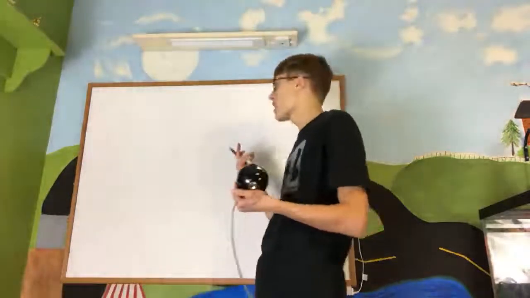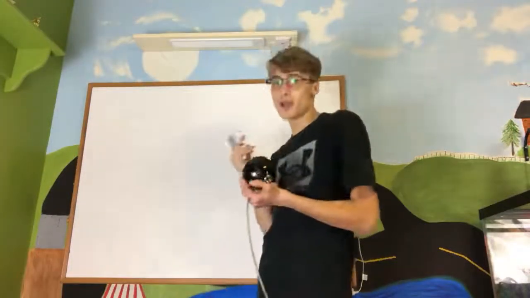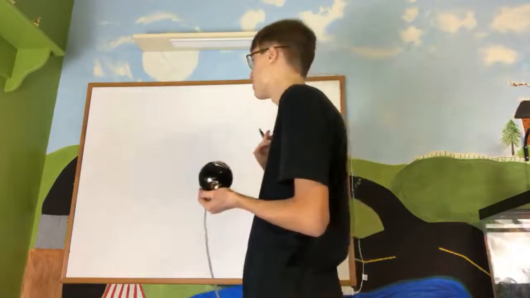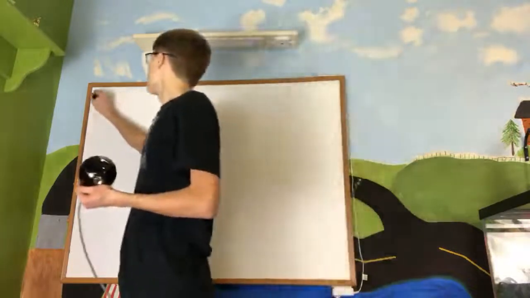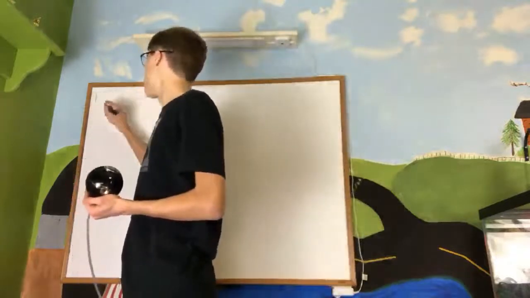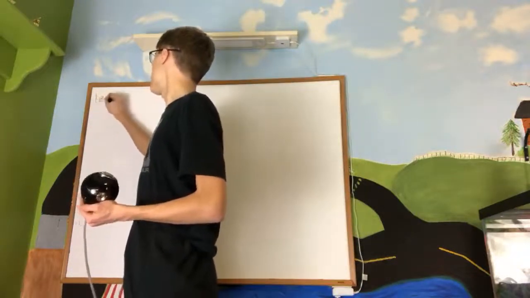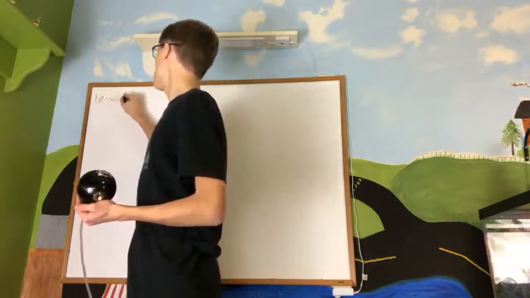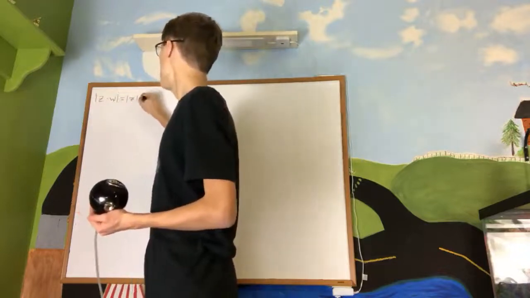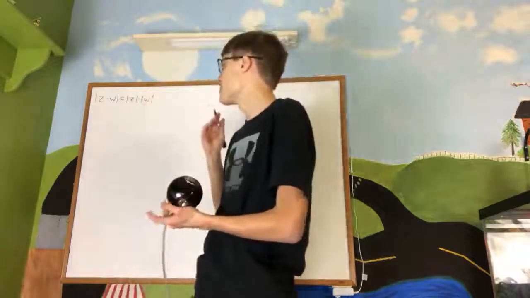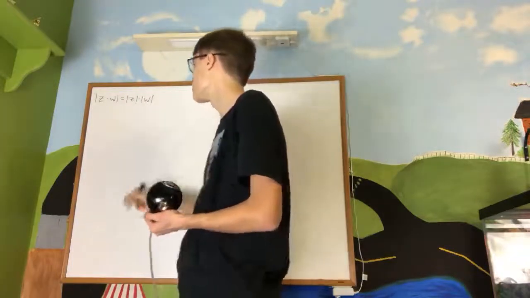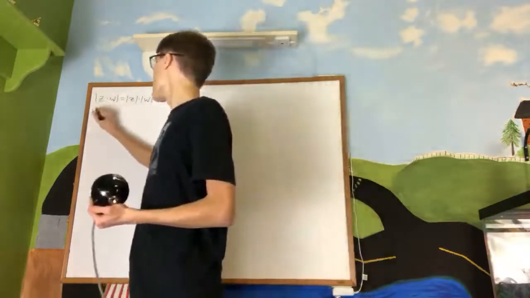Now I'm going to take some time to prove a very important property of the complex norm. What you write is that the norm of z times w is equal to the norm of z times the norm of w. That is the theorem I'm going to prove right now. So let's say we have the magnitude of